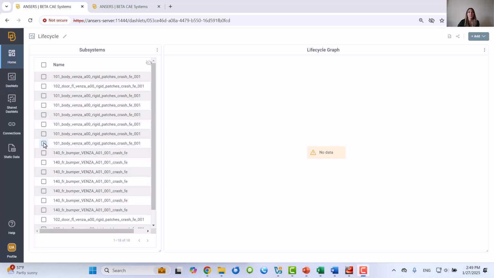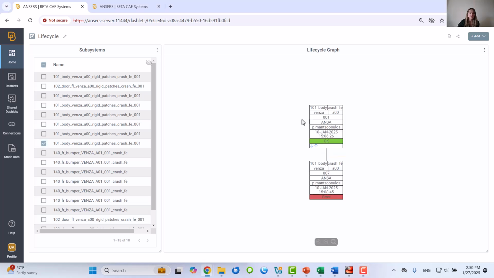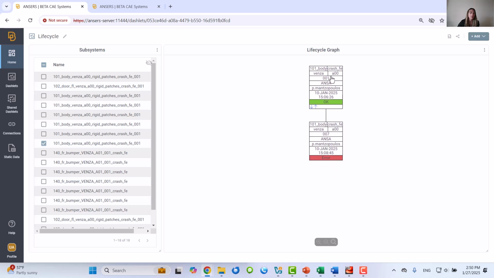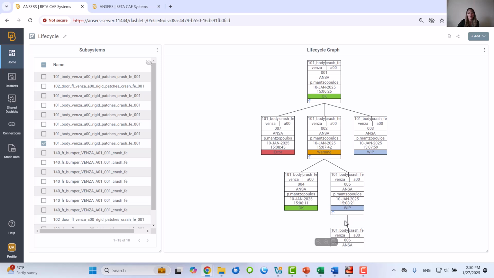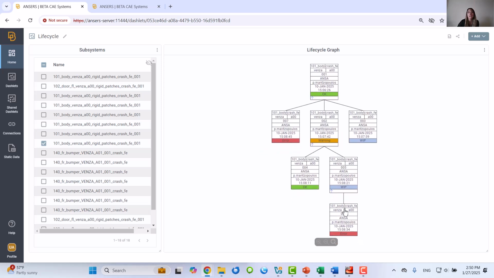Regarding life cycle graph, I have collected in a list all my subsystems, and if I select to view this specific subsystem in a life cycle graph, as you may know from the other beta products, you can track all the objects, the subsystems, the simulation models, all runs through their life cycle.